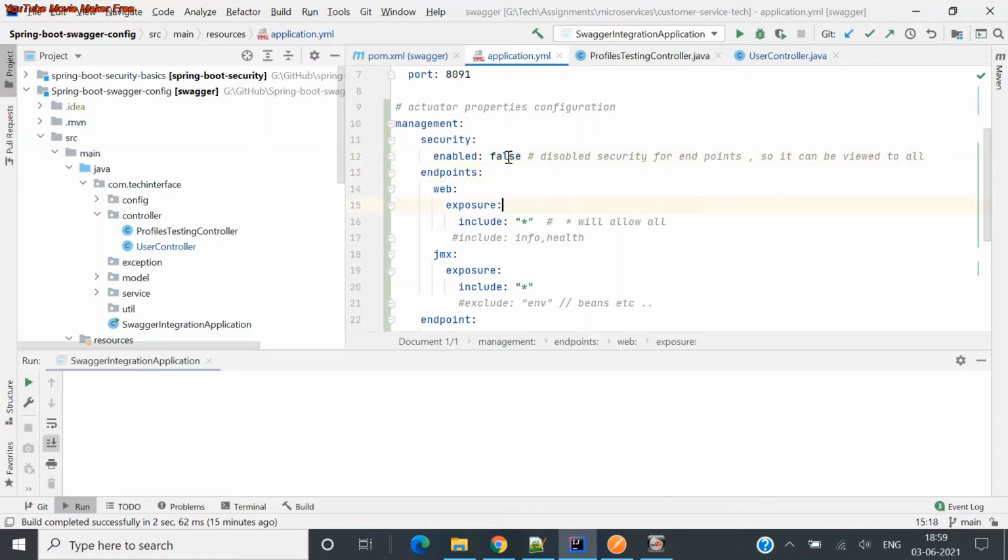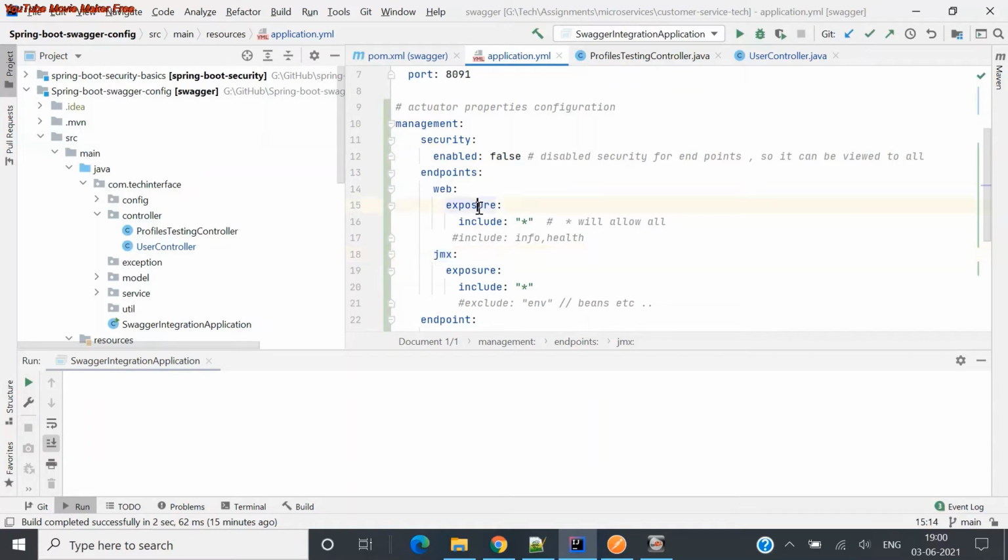Depends upon your application. Generally you use it as true in a production application, and you configure your username and password here, so that it is only allowed to those users who are eligible. Now the endpoints, which is another pattern here in the management. Through web and JMX, these are the types of endpoints which are exposed.